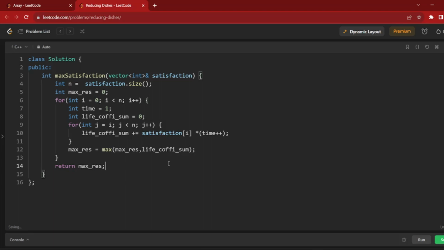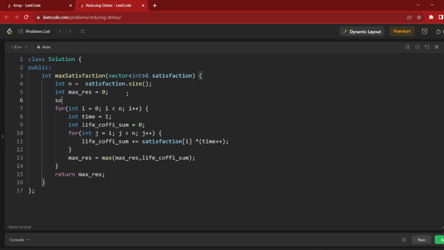Can you tell me one mistake I've done? Actually, I haven't sorted the array. So don't forget to sort the array. So I don't want to type it all, I'll copy this, dot begin and